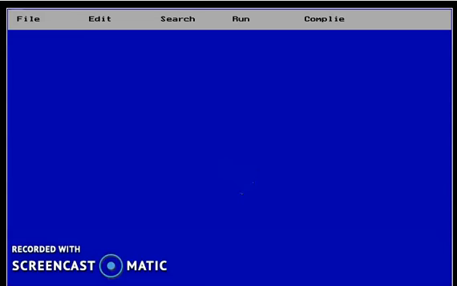So this is the output. So in this way you can create your screen by using C Graphics. So create your screens like this.